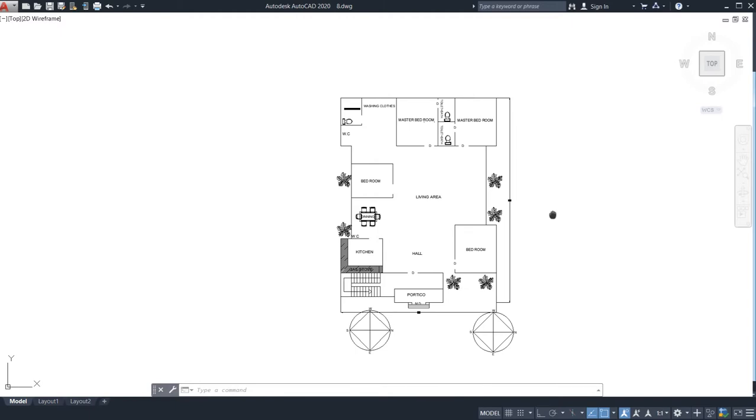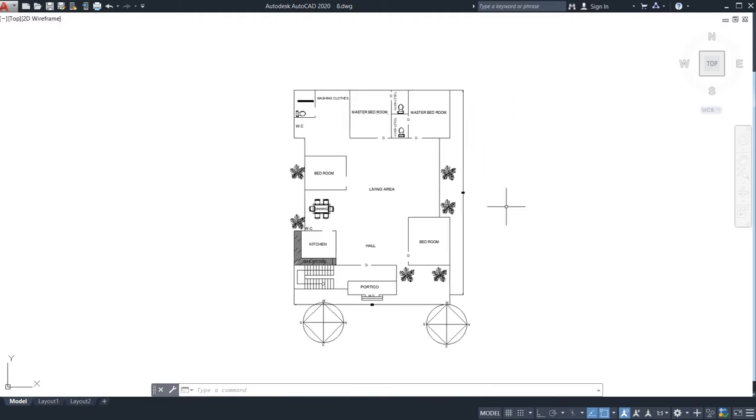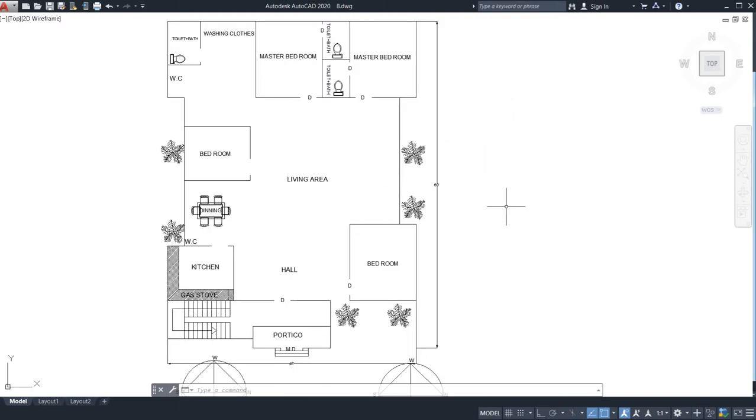For that you need to set your units. In this tutorial I'm not going to tell you how to set your units. If you also want to learn AutoCAD, go and watch from the playlist and watch all the videos. I have attached more knowledgeable videos and tutorials, so just go through them. Now the tutorial begins.